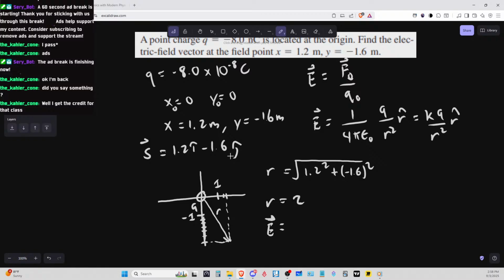So we have a negative charge, and if we have a negative charge, then I think R is negative. Therefore we're left with,